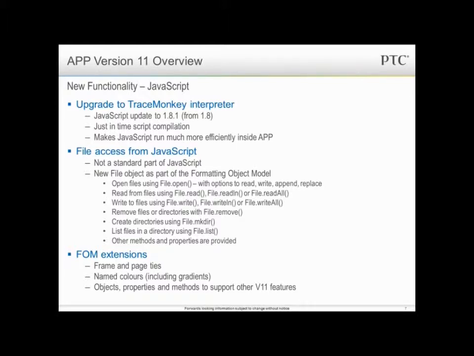If you're used to writing JavaScript for web browsers, you'll know that you can't, by default, access file systems from JavaScript, and this would lead to all kinds of mayhem on websites. But inside an APP template, it's a very useful thing to be able to get hold of files on your file system, open them, read them, and also save files out using JavaScript, create files, create directories, all that kind of stuff, to create logs and reports, output XML. It's a very useful thing to be able to do from an APP point of view, so we added that